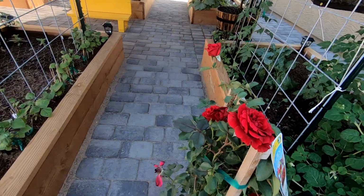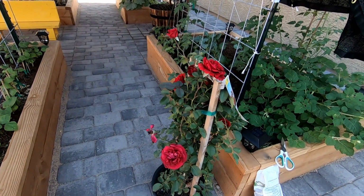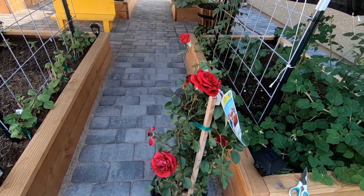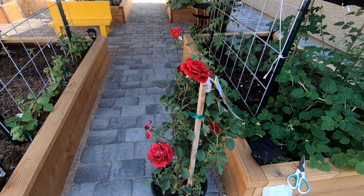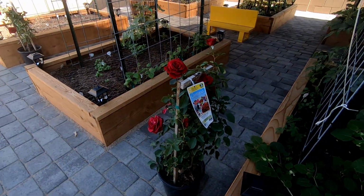But look at them. Oh my gosh. They only had a few. They probably had maybe like 6 of them when I went, and people were already grabbing them, so I'm just